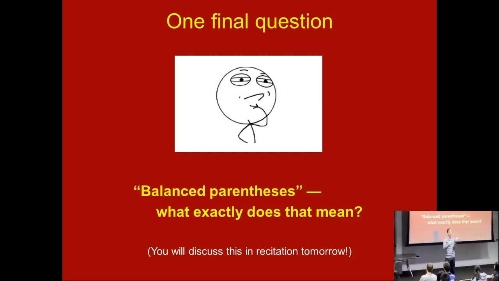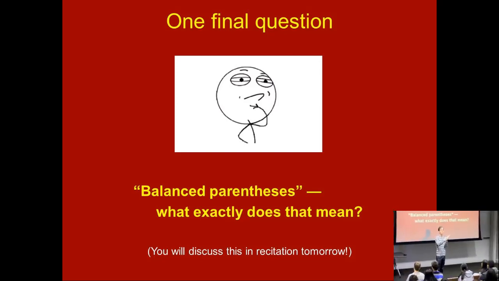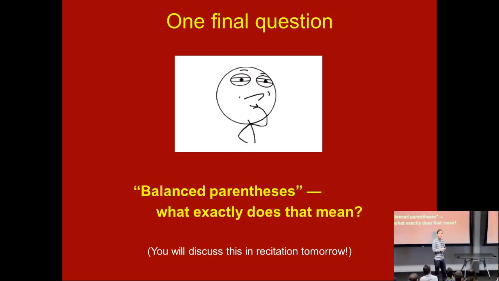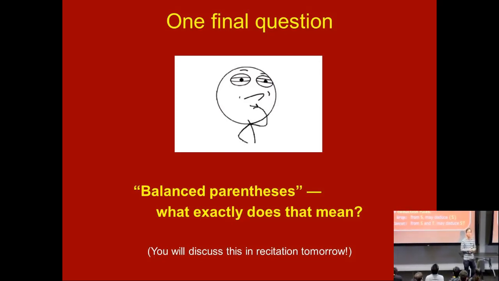So not only as you're going along do you always have more opens than closes, you also have to end with exactly the same number of open and closed. That's true. Actually, that's a little bit complicated though, right? To really explain exactly what balanced parentheses is, it's a little bit tricky. And in fact, you might just say, you know what, maybe I just prefer to make this the definition of balanced parentheses. And then you would show that that property holds. Anything that you can generate here has this property: if you parse it left to right, there are at least as many opens as closed, and it ends with equally many.